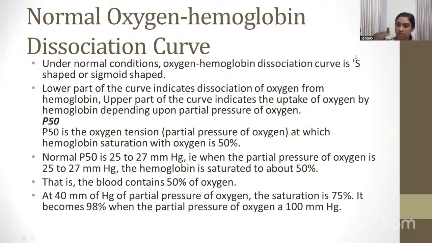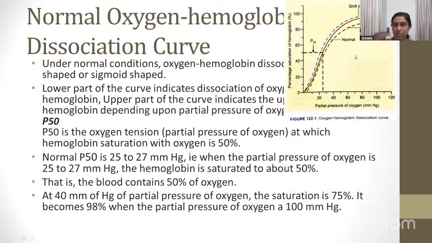When the partial pressure of oxygen is about 25 to 27 millimeters of mercury, the hemoglobin saturation is about 50%. The blood contains 50% of the oxygen. At 40 mm of mercury partial pressure of oxygen, the saturation is about 75%. And it becomes about 98% when the partial pressure of oxygen is 100 millimeters of mercury. Normally, 95 is the maximum saturation level of the hemoglobin. So these are around theoretical values. So, this is the oxygen hemoglobin dissociation curve. This indicates the dissociation and this indicates the